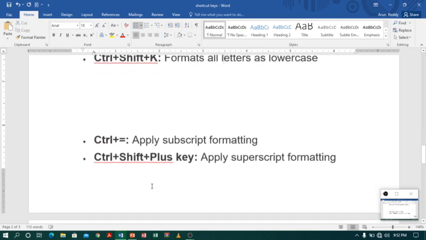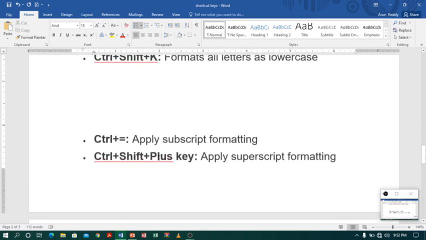Okay, so the next one is superscript and subscript. For superscript and subscript I will take some text. For example, I want to write a formula, a square plus b square. So I will just convert this A into small. a square plus b square. I will use a formula: I want to take the a plus b whole square formula. So it is equal to a square plus b square plus 2ab. Is it right?